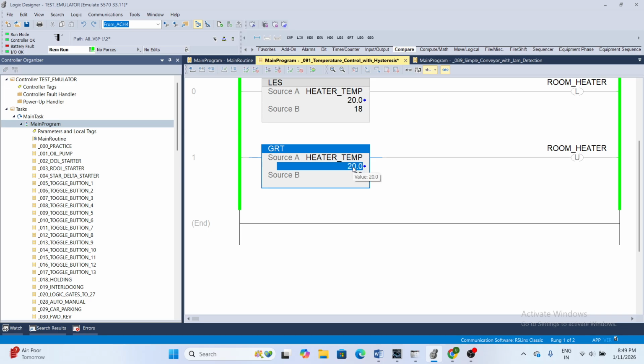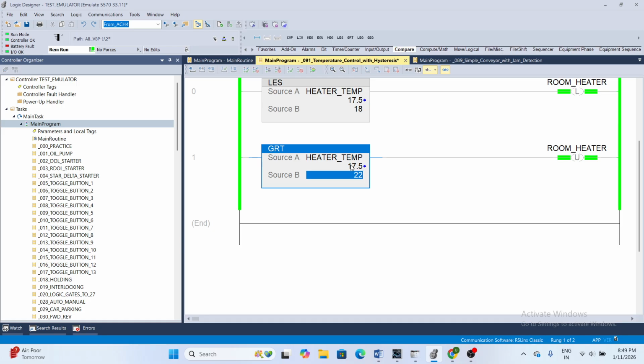When the temperature goes to 18.2 degrees Celsius, the room heater will also be off. When the temperature goes below 18 degrees, then the room heater will be on. It means when the temperature is below 18 degrees, then the room heater will be on.